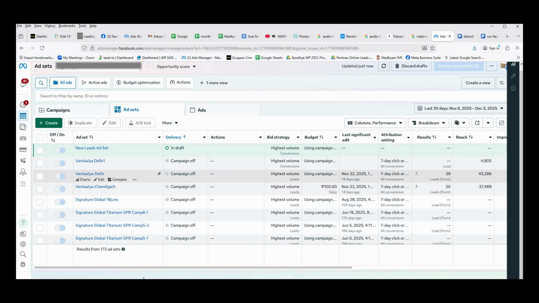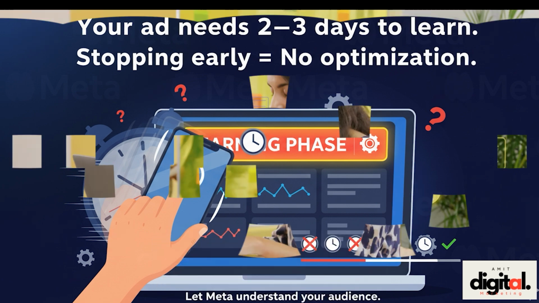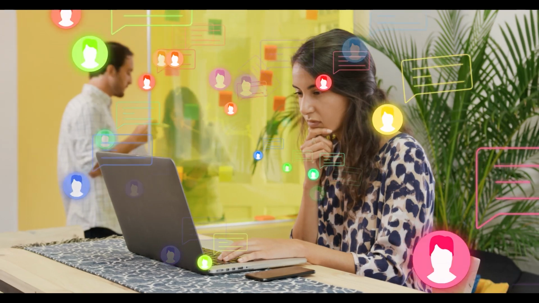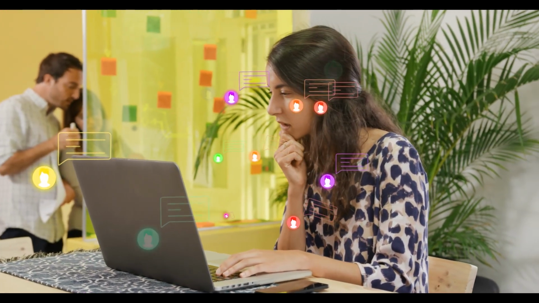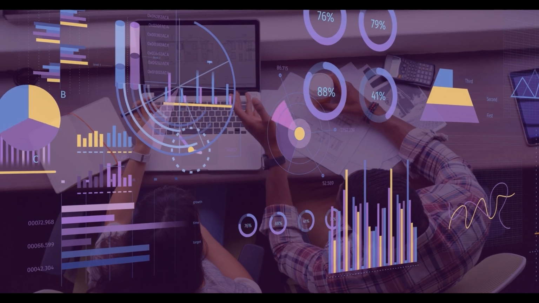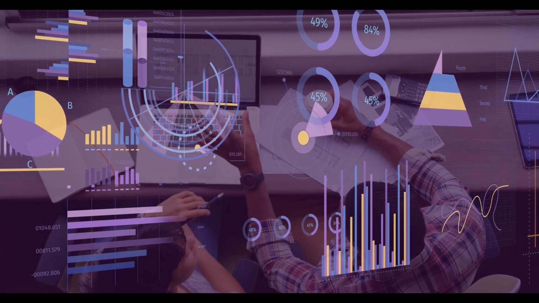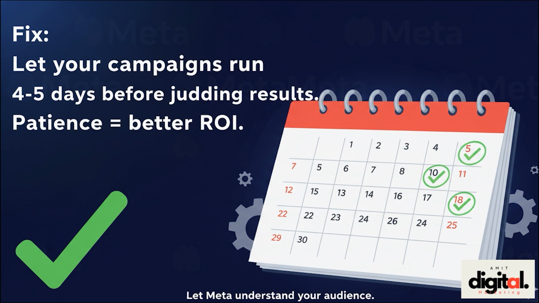That is called the learning phase. In the first 2 to 3 days, Meta is testing your audience and placement. If you pause it too early, Meta will never get a chance to understand who is really interested in your product. How can you fix this? Run your campaign at least 4 to 5 days before judging any result.